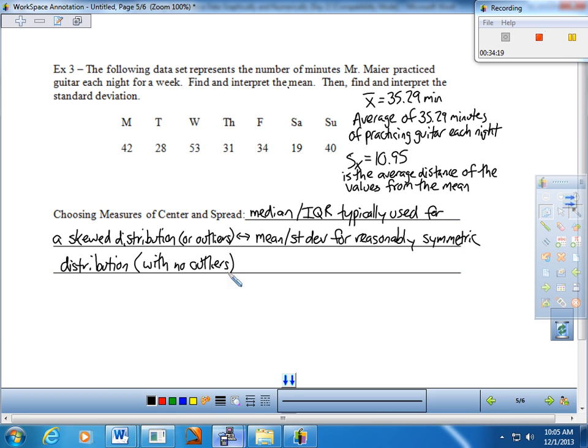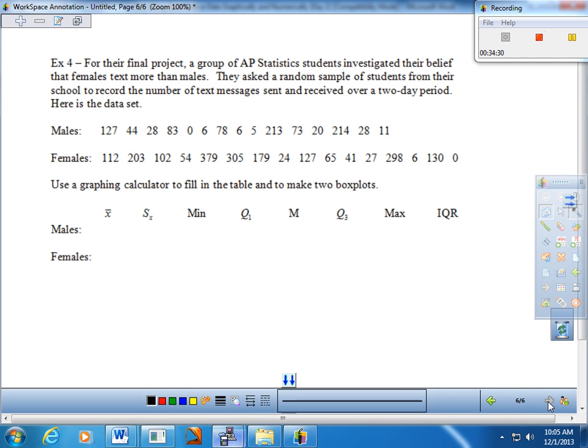What do you say we do maybe one more here? If you feel like you have this all together in your mind, that's perfectly fine. What I would like to do is take a look at one more data set. So let's see what we've got for example 4. For their final project, a group of AP Stat students investigated their belief that females text more than males. They asked a random sample of students from their school to record the number of text messages sent and received over a 2-day period,